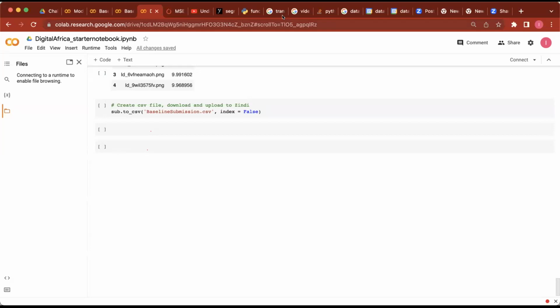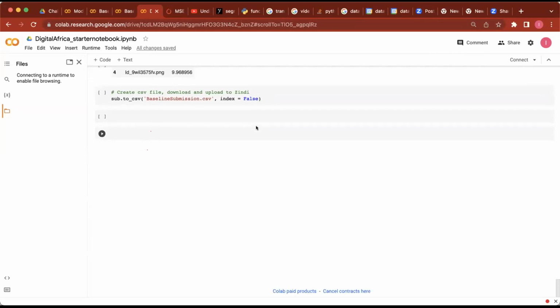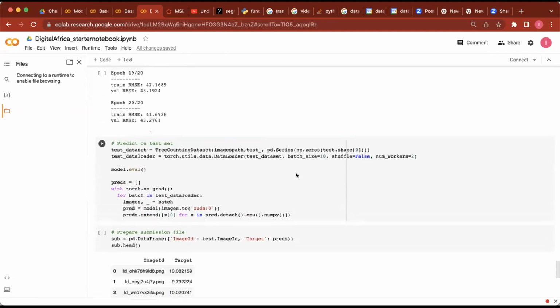This notebook is available on the challenge. So if you go onto the link that's in the chat, you can sign up. If you go to the data section, you'll see the starter notebook there. If you run it, it will give you that baseline submission, and that's what you can submit.